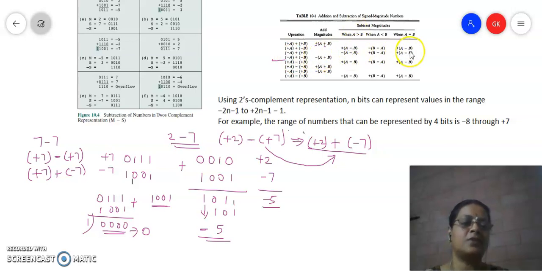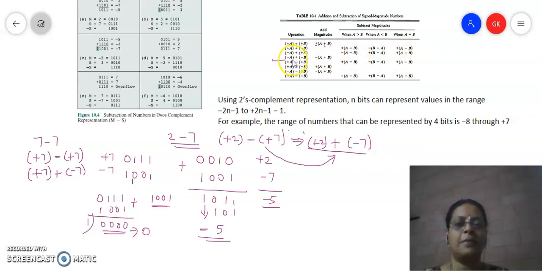And when you are doing the subtraction operation, now there will be a confusion. What should be the sign of the result? Always fix the sign of the bigger number. So if A is greater than B, attach the sign of A here. Here the sign of A is minus, so you will attach minus here. And when A is less than B, okay, B's sign should be attached. So what is B's sign here? It is plus, so you will attach a plus here. And for this case, minus is the sign of B, so you will be attaching this. And when A and B are equal, then obviously the answer could be 0. So better you just give plus 0, because in 2's complement representation, there is no concept of minus 0. It is only plus 0. So this is with respect to the addition operation.